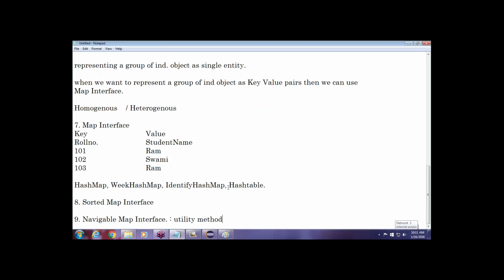Okay, so these are the 9 types of interface available in our collection framework. Okay, so in this collection framework,